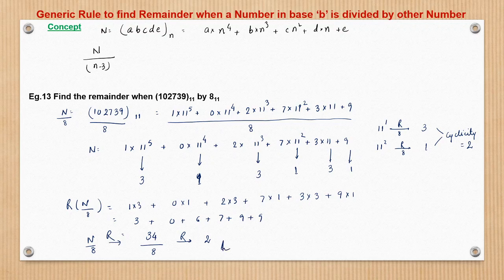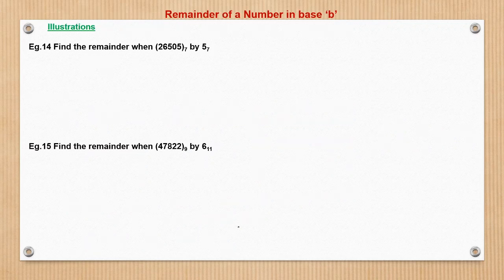So the approach, I just reiterate what we do. We just try to find the cyclicity of the powers of the base with respect to the divisors, and then that cyclicity we will apply to the respective products of the digits, right? We'll see a few more examples and then the concept would be clear. Here the base is 7, so we know that this number when expanded would be in the powers of 7. So let's first see the cyclicity of 7 when divided by 5.